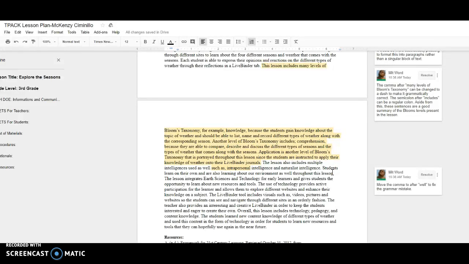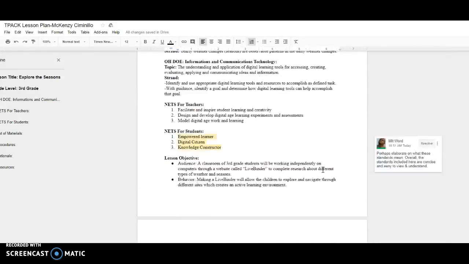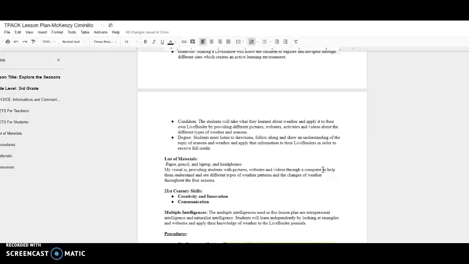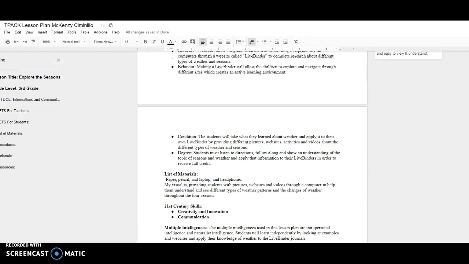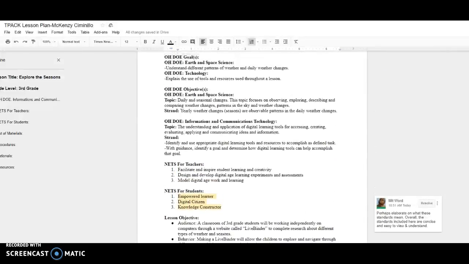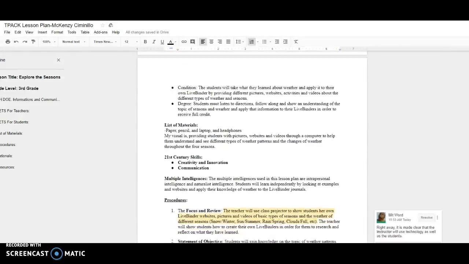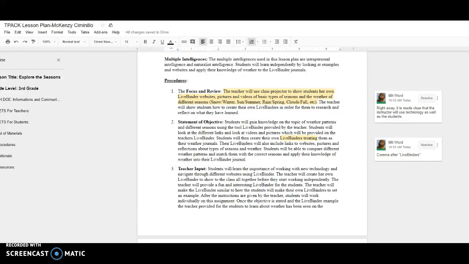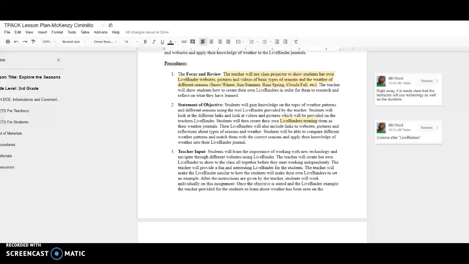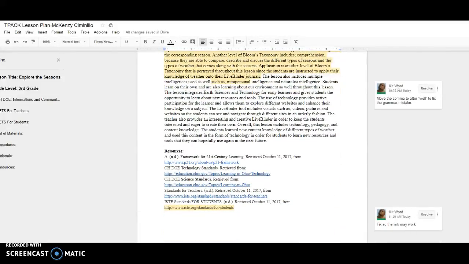I will say, I may have missed it, but I don't think I did. I didn't see too much in terms of pedagogy, unless it was this multiple intelligences blurb here. But I felt like that was more of aspects that the lesson plan is targeting, not how exactly it's taught.